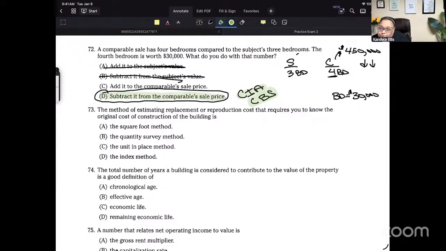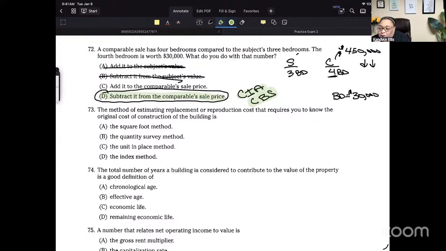So I know the square foot method, we're kind of just looking at, okay, what's the cost if you just say, in general, this is the cost per square foot. It's $150 per square foot, regardless of if it's a bathroom or a kitchen or a bedroom or office space. We're just saying it's $150 per square foot.